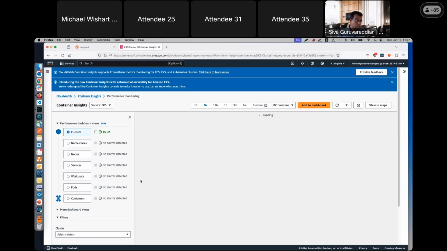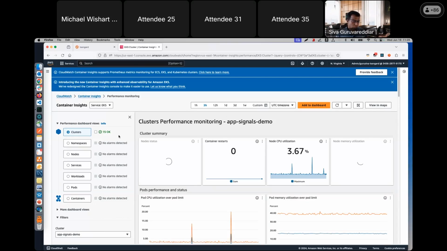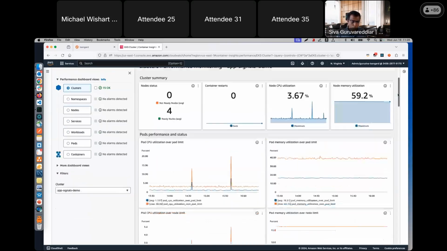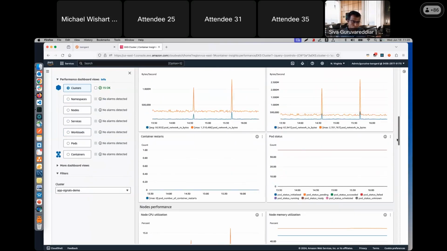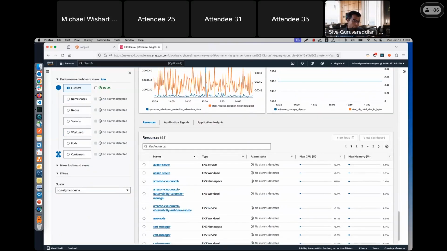Now, if you can see on a high level, if I wanted to see from cluster level, I can see that, and all the way to my container level, whether it is a micro view or macro view, I should be able to do it by applying some filters based on what kind of information I wanted to get from here. So with this, I'm a DevOps person and I'm seeing all over the place that things are going okay. And coming all the way down, I will be able to see a couple of tabs.